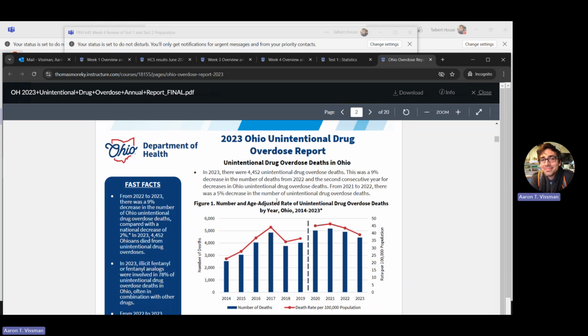Again, it is important, I think, a lesson to understand that the peak that you see here in Ohio in 2021 is basically the highest number of drug overdose deaths and the highest death rate reported in history. So in that 12 months ending in January 2021, the U.S. reported over 94,000 drug overdose deaths in preliminary analyses.